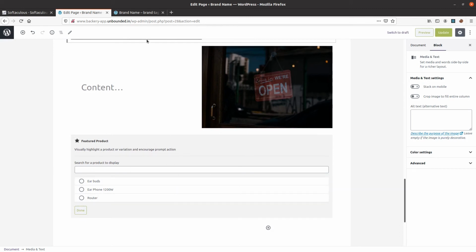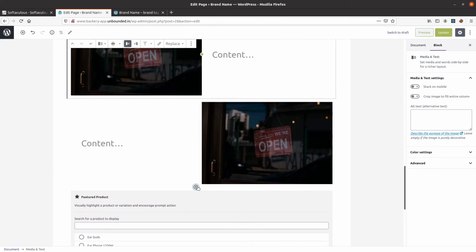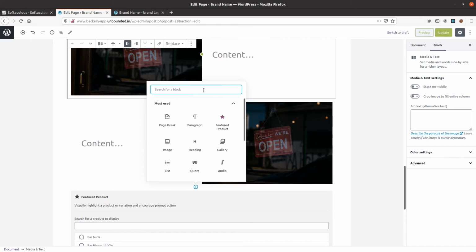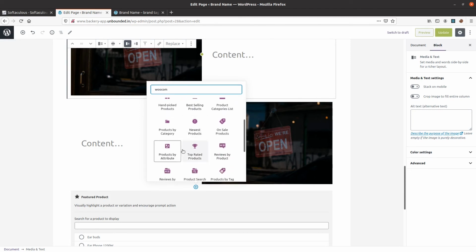You can add as many items as you want, and you can use the WooCommerce option. Sorry, it's WooCommerce, and then you can see all the options that are there.